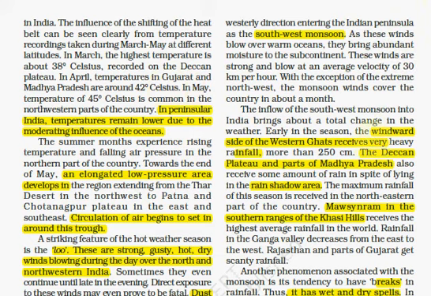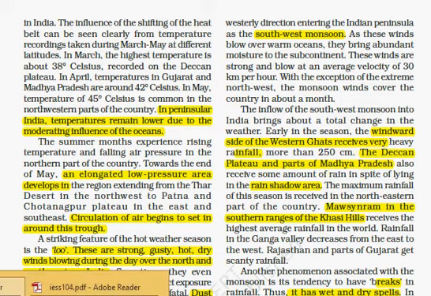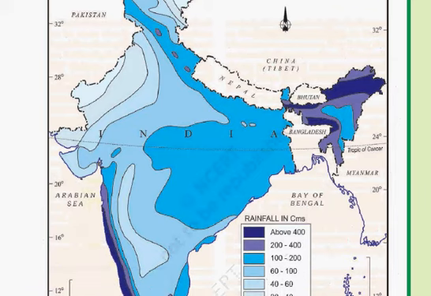Then they come first at the windward side of the Western Ghats, that is on the west, and receive very high rainfall, and also in some parts of the Deccan Plateau and Madhya Pradesh. There is a rain shadow area. This is the Western Ghats. These are windward parts. The darker color shows high rainfall. Then to the east of the Western Ghats, this is the rain shadow region. So this shows that very low rainfall is observed over here. But some parts of Madhya Pradesh and the Deccan Plateau receive high rainfall.